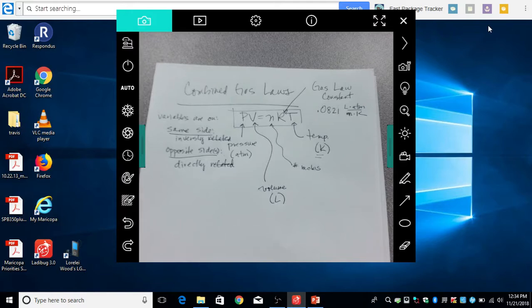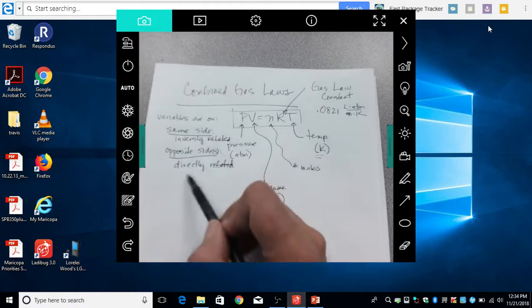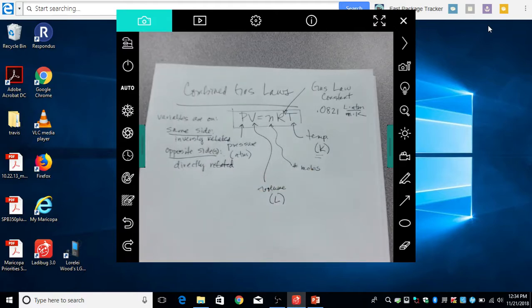Now, Corwin is going to tell you a whole bunch of different ways, and that's fine. If you like his ways, go for it and do his ways, and that's okay. As long as you get the right answer, I don't care. But I'm going to show you how to do these with just some logical ratio conversions.